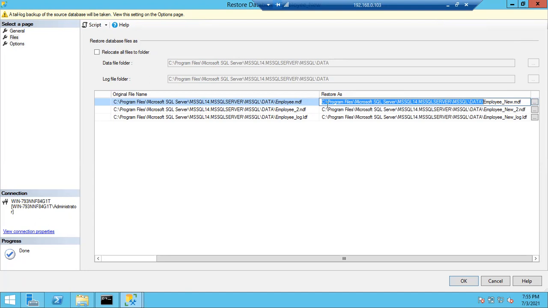For 2008, what is the folder name here? Default instance MSSQL 10, right? 2008 means 10. So it will try to restore as MSSQL 10.MSSQLSERVER in the new server, new location. So this folder may exist, may not exist, right?